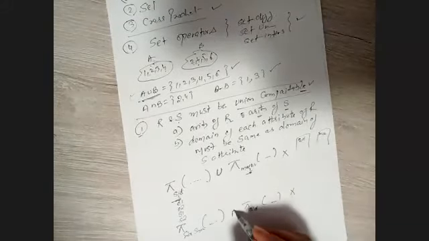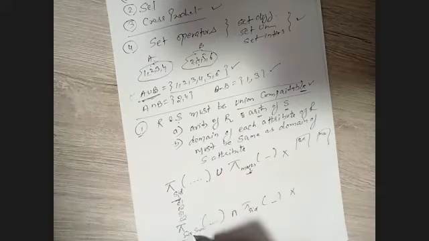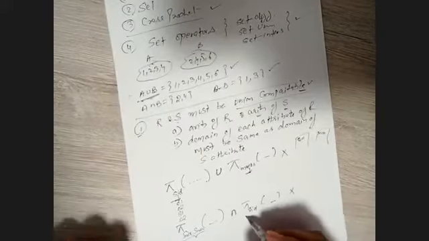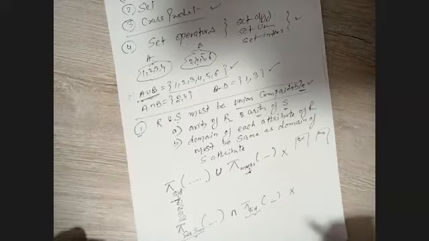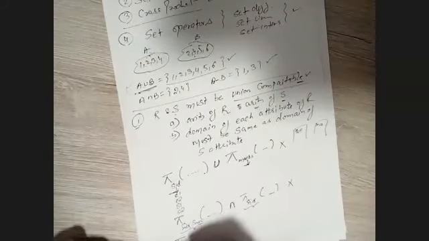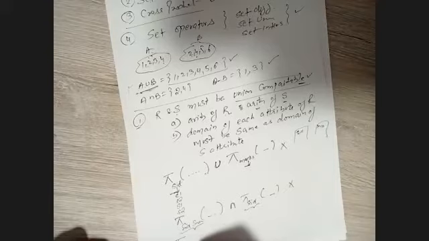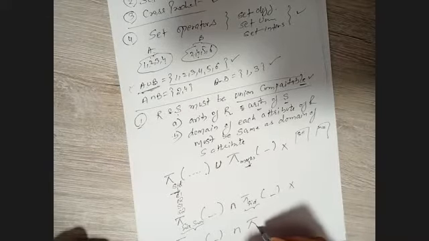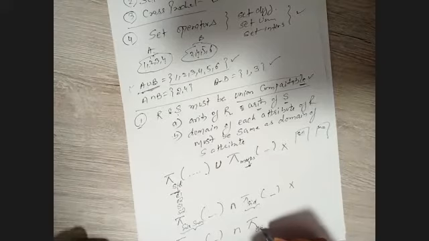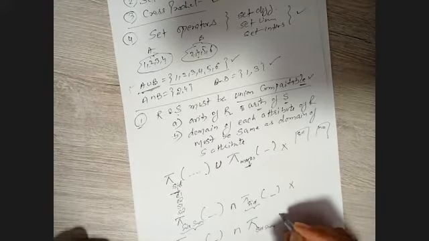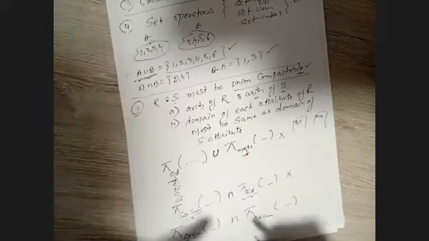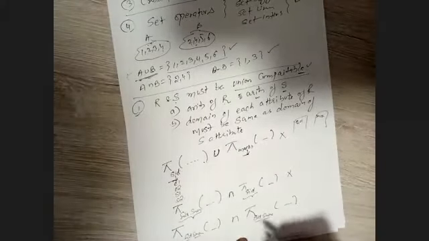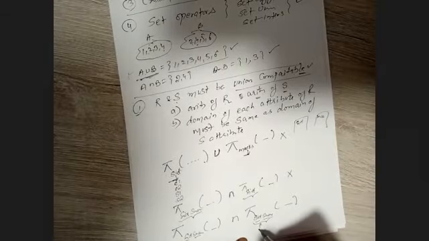Why? In the intersection, what you are trying to find is the common of two attributes with a single attribute, right? This is not possible. Probably you can do it like this: SID and S name of some table, and you are doing intersection of, let's say, SID and S name only. I am writing SID and S name here and SID S name here as well. We will do some rename operator later on.